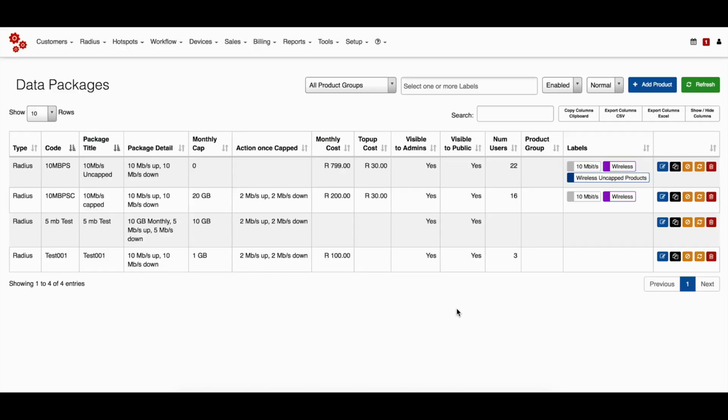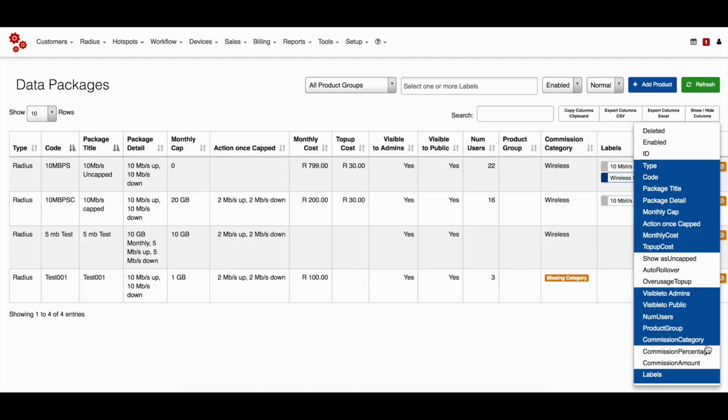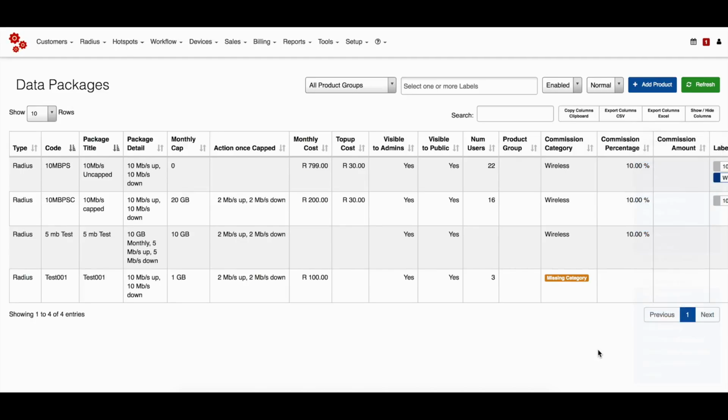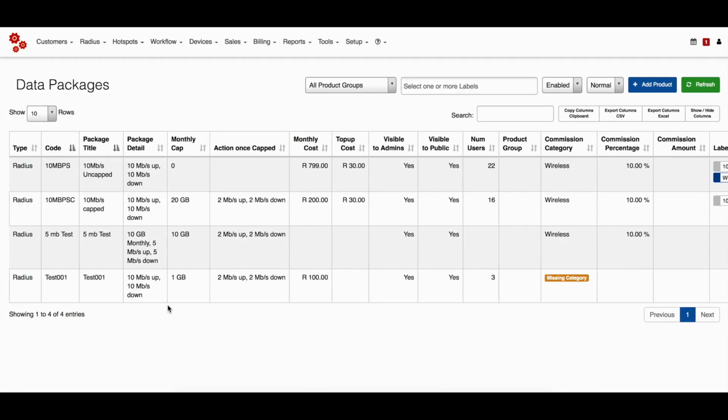To see a list of all data packages that have not been linked to specific commission categories, you can go to the Show Hide columns, and then you can choose to see the commission category, commission percentage, or the commission amount. Here we can see that this one has a missing category, which means there will be no commission percentage or